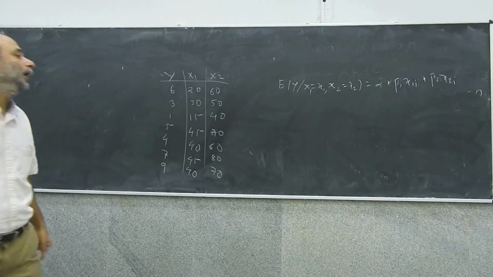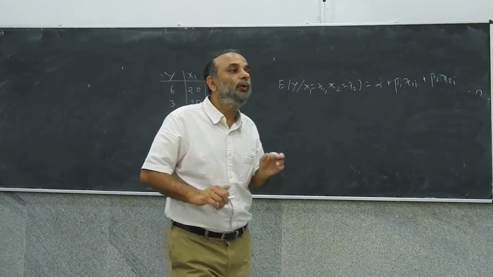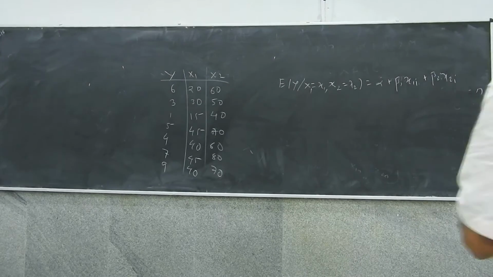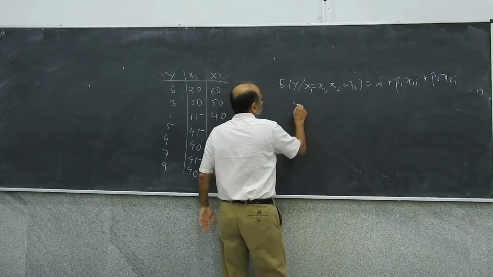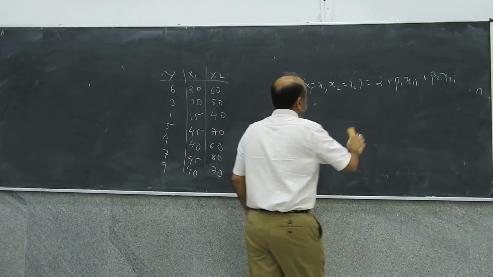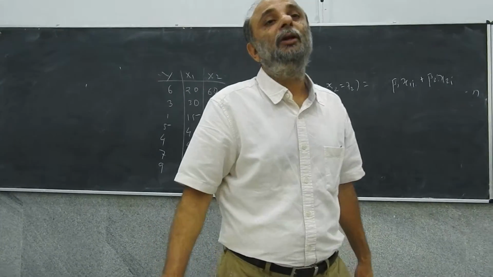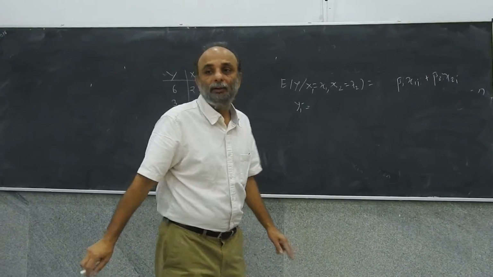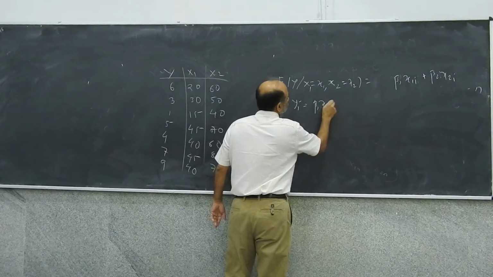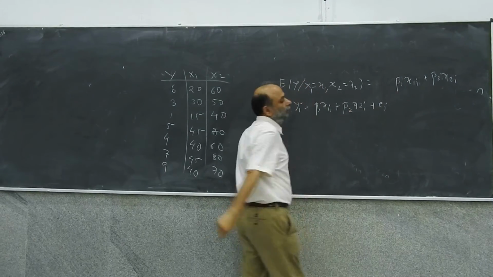So I have this model: the mean of y given x1 and x2 depends upon that particular value of x1 and x2. And at the moment I am not putting in an alpha. I'll tell you why I'm not putting in alpha. We'll then learn how to actually put that alpha in.